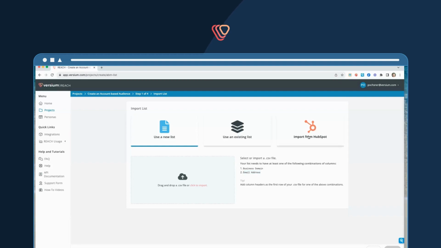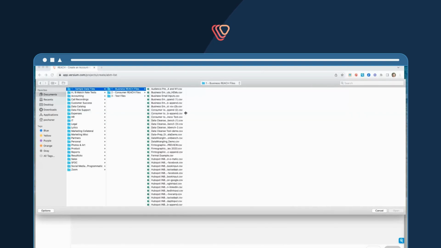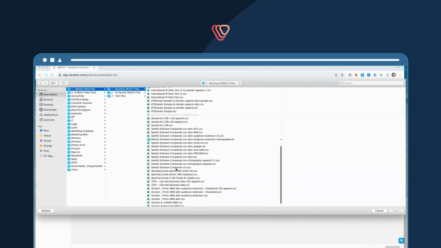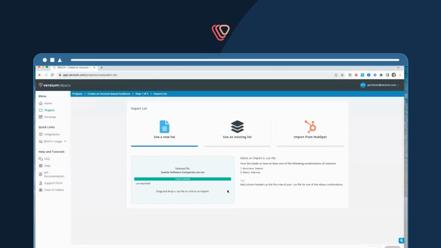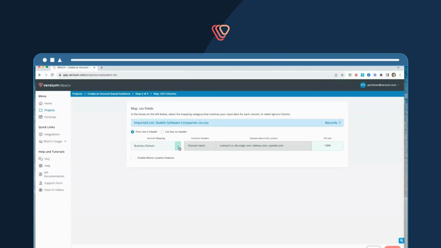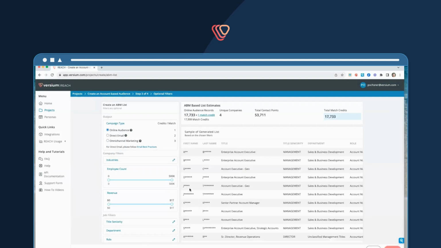So I can either upload this list via HubSpot, just import a static list, or in this case, let me just pull it over from my computer. Business file, same file that I was just showing. Sales software companies, open. Okay. It does a little bit of header or field mapping. You're able to select the right fields if you do not have a header. Click next steps. All right, from the very start, it has identified my 7 companies and the total number of